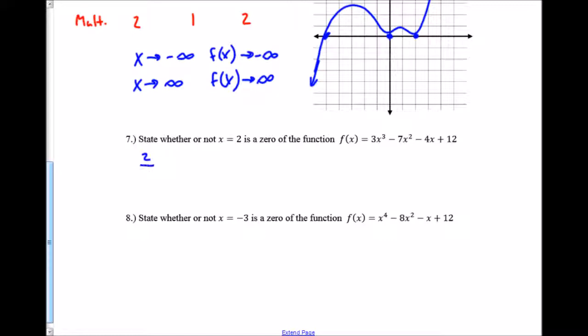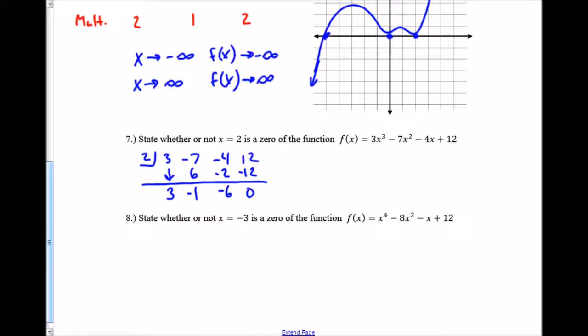So I put my 0 in the box, and I write down my coefficients, the 3, the -7, the -4, and the +12. With synthetic division, I bring the first coefficient down. I multiply what's in the box times what's down here, which is a 6. I add straight down, gives me a -1. What's in the box times what's underneath gives me a -2. I add straight down. What's in the box times what's underneath gives me a -12, and I add straight down,